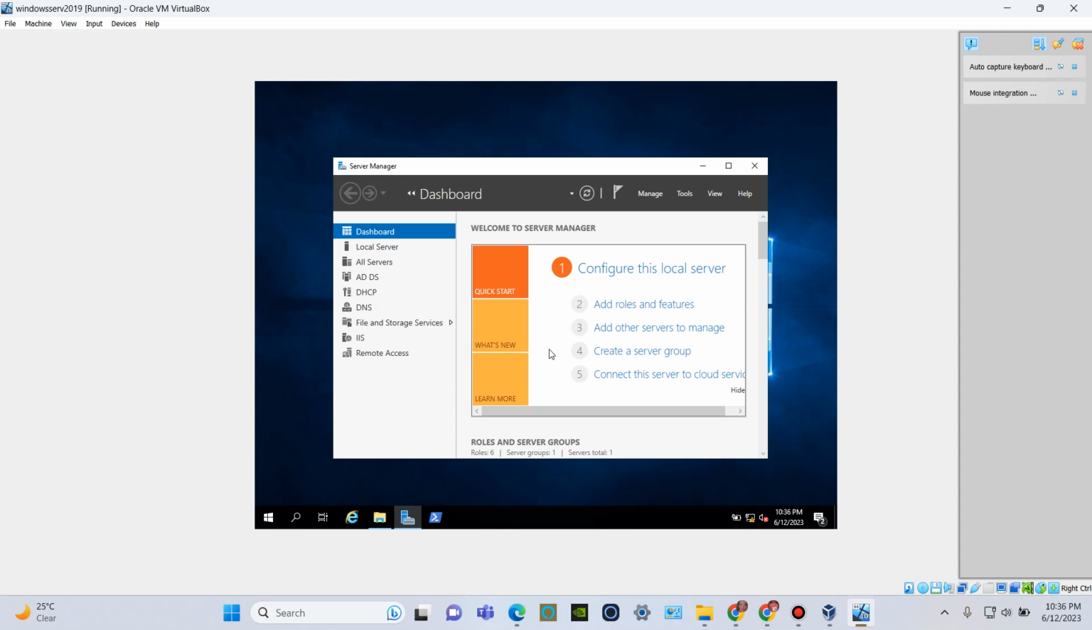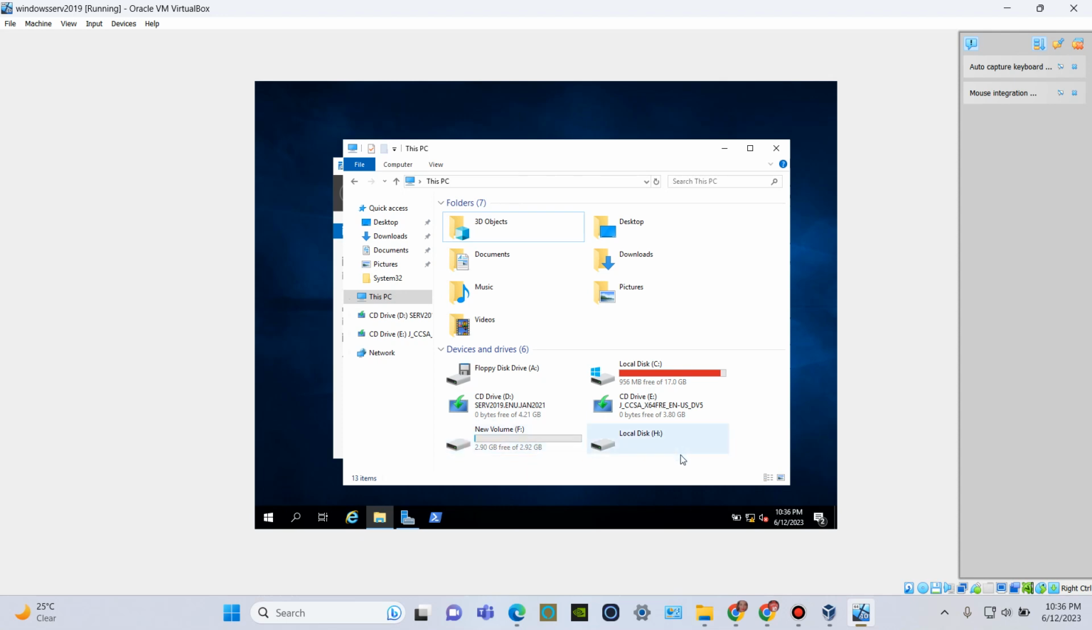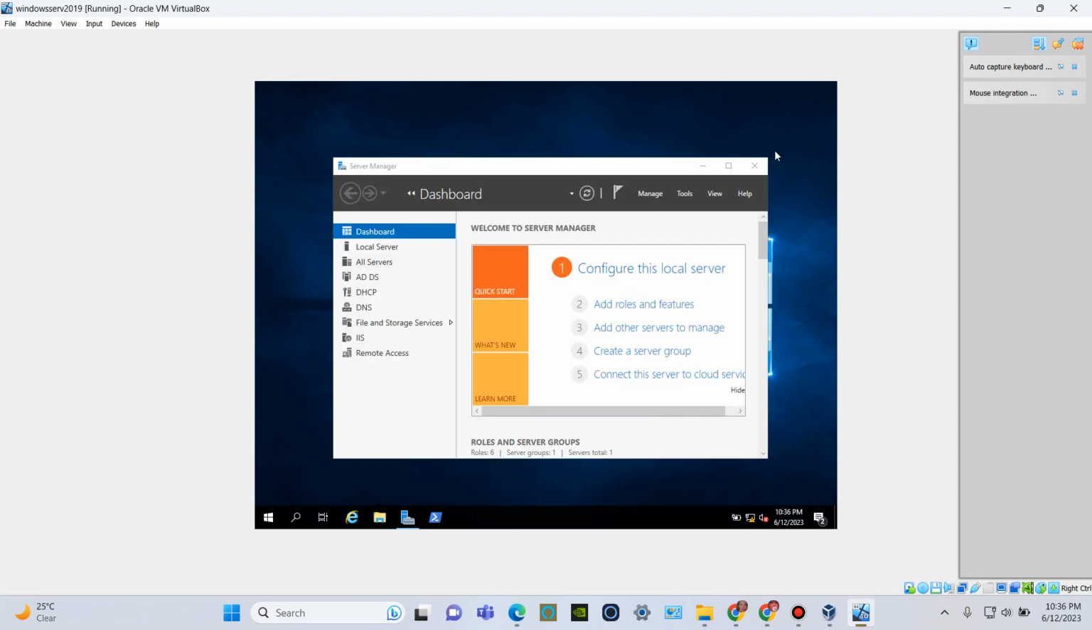Now ensure that you have mounted your ISO file for deployment. Any version of Windows 10 ISO file must be mounted. That's what we did in Oracle VM before we opened our Windows Server. As you can see right here, this is our Windows 10 ISO file. And as you can see, this is our new volume F drive, as well as our additional local disk H. So we're going to close this. And now we're going to begin